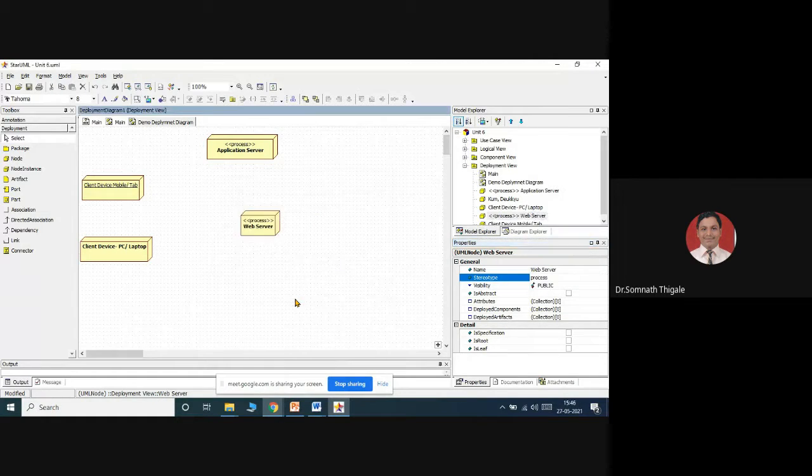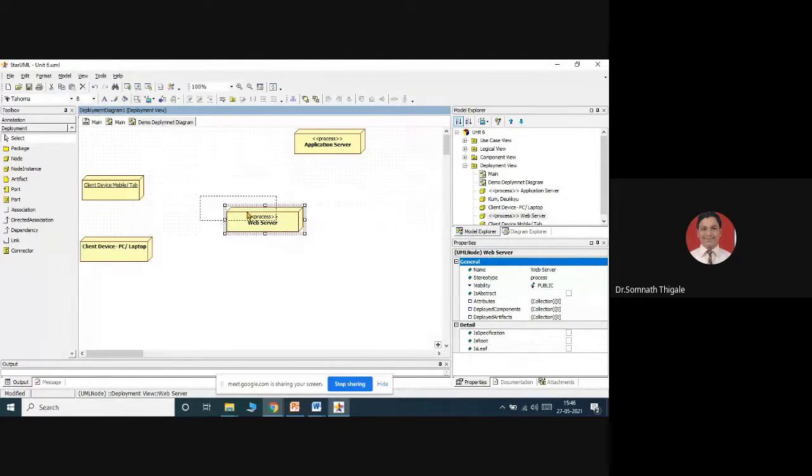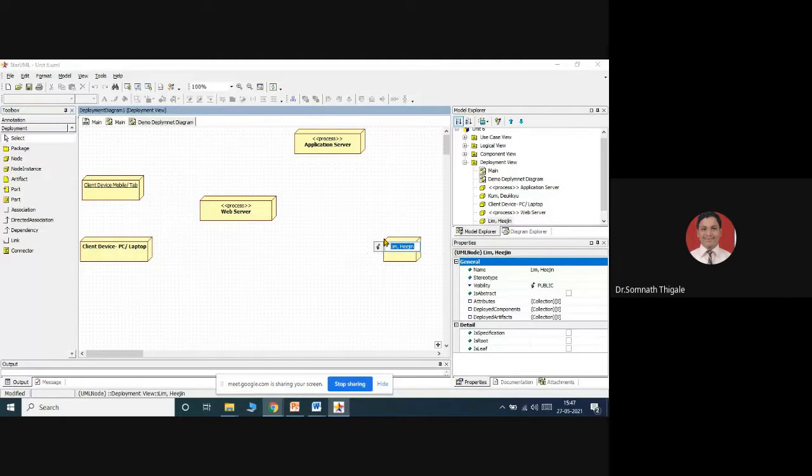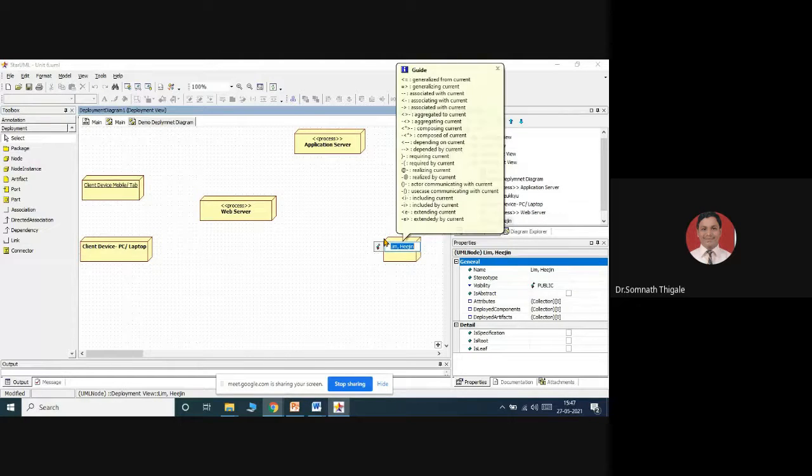After the web server, the application server will take help of this web server. Another node will act as my database, so I will say simply database.